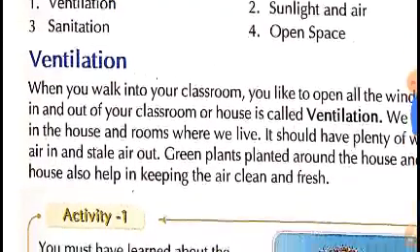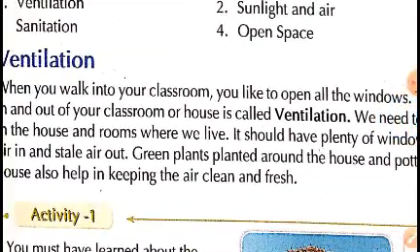As we studied in the chapter, having proper ventilation in a house is very important, because the availability of fresh air in the room or building is very important to lead a comfortable life. That is why we need enough doors and windows in our house, which should face each other to allow the free flow of air. This free flow of air into the house is called ventilation.